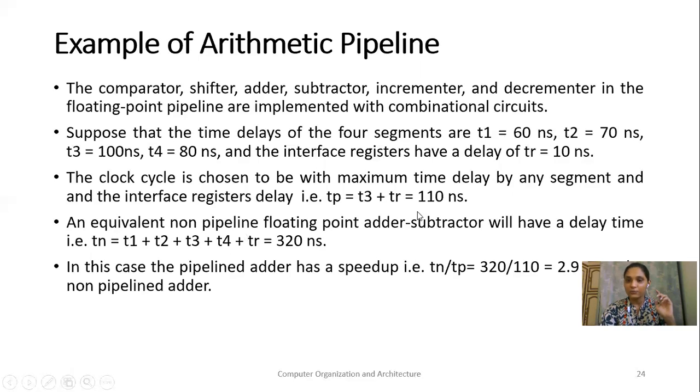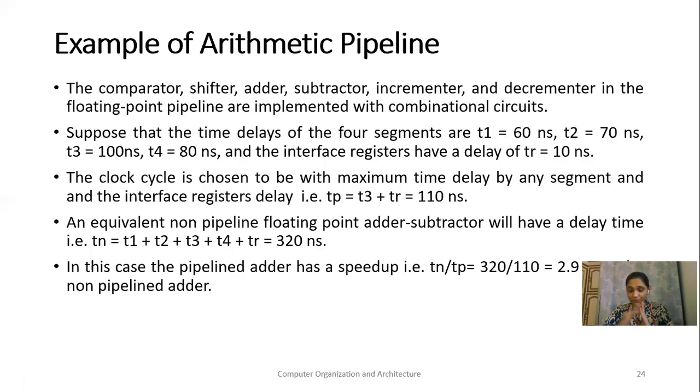Okay, if you have used the pipelining concept, then at the end of each and every clock you will have one task done, and we have used a clock period based on the maximum delay, and that is 110 nanoseconds we require to complete one task with pipelining, and without pipelining we require 320 nanoseconds. So how much speedup is done? That is equal to 320 divided by 110 nanoseconds, and that is equal to 2.9. So our speedup is nearly 3 times. We have derived that this is nearly equal to the number of segments.